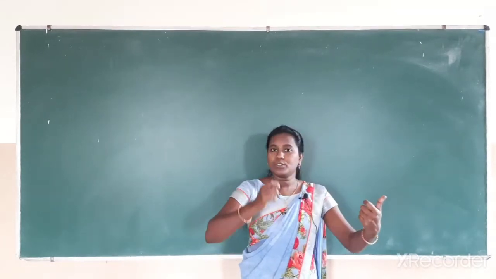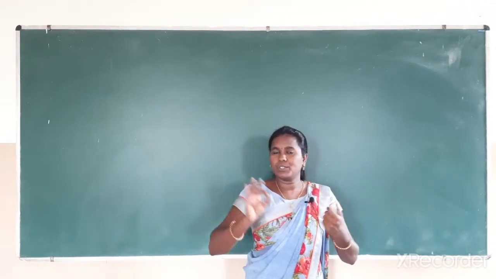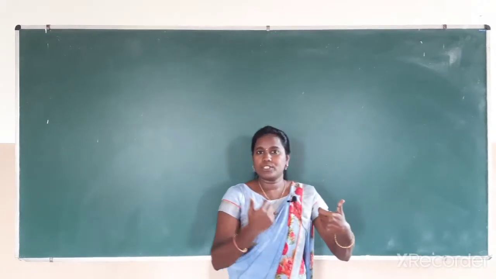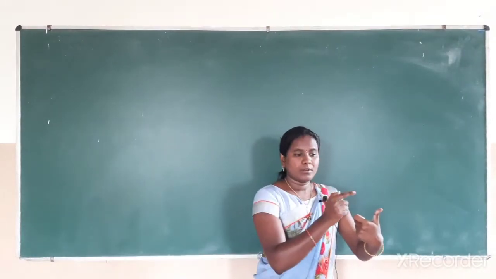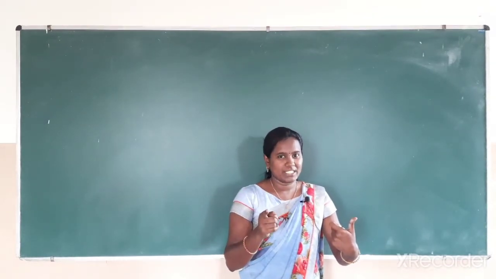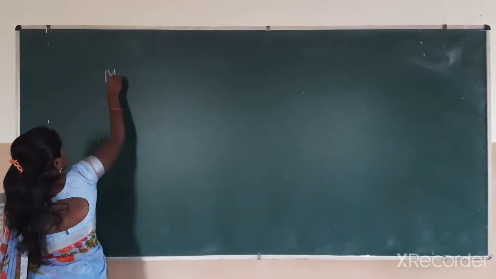Positive multiplied with positive, the product is a positive integer. One negative and one positive, the answer is negative. If both are negative, the answer is again positive. Okay, so now we will go with the multiplication of